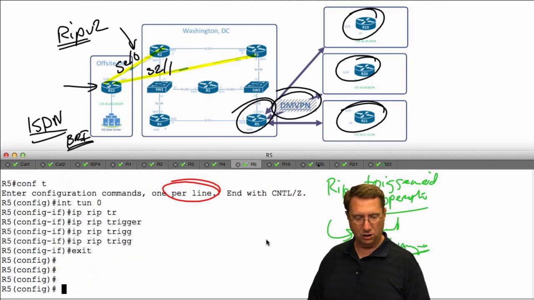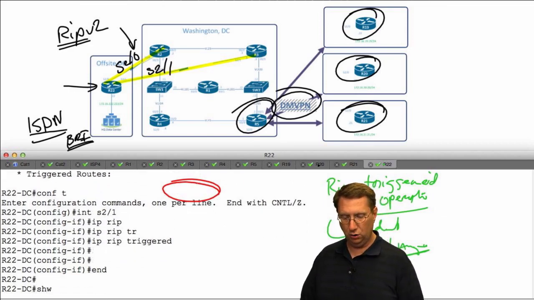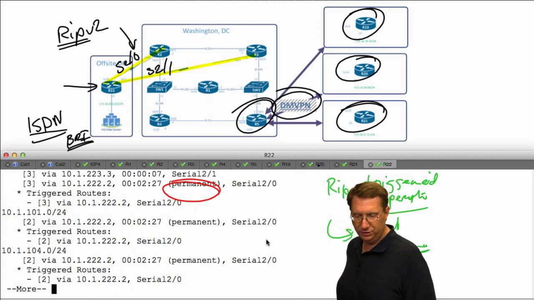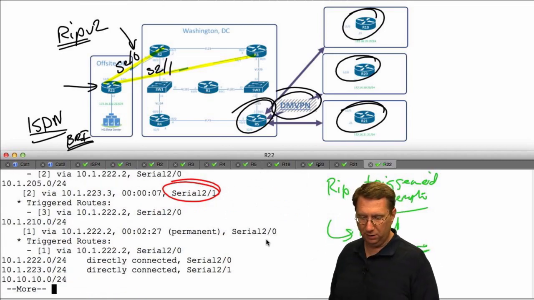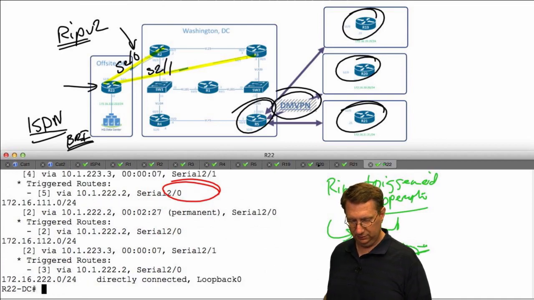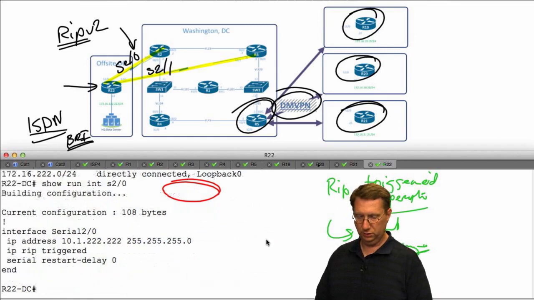Now when I go back over to R22, what I'm going to find is that I'll have more entries. Show ip rip database. I should see more entries in here with regard to triggered permanent prefixes. Let's see. Show run interface S2/0, RIP triggered, S2/1, RIP triggered,